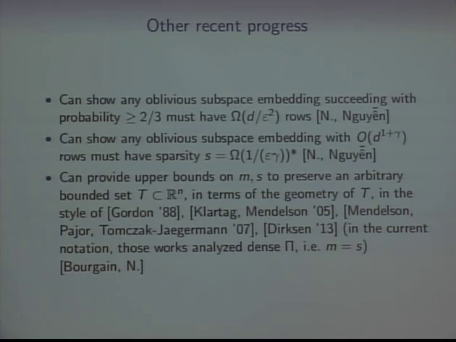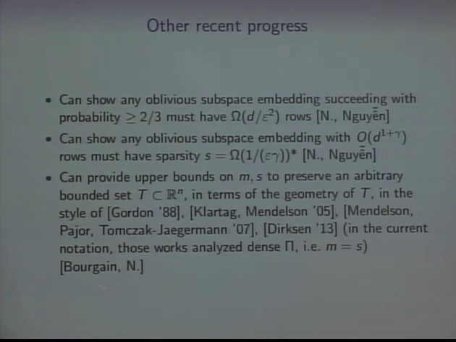So k-sparse vectors is one example, subspace is another example, arbitrary set is another example. And you can come up with lots of examples that you would care about. And if you don't care about sparsity at all, there's been a bit of work on that to show what m needs to be. But then s would equal m. Those are dense random matrices.